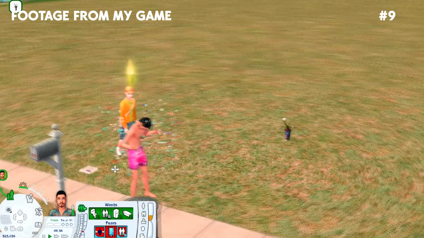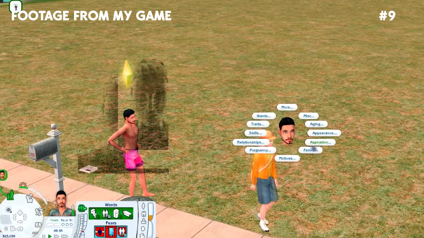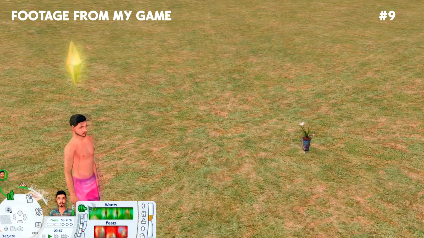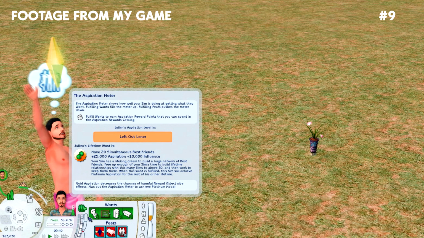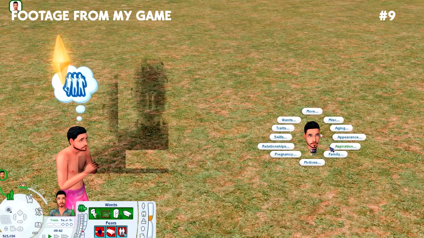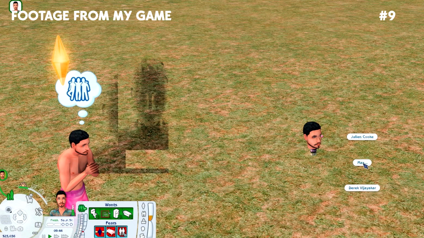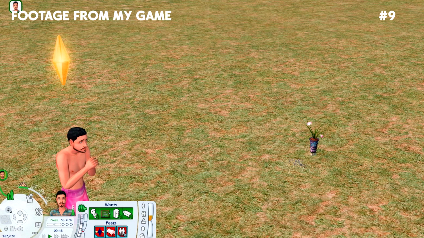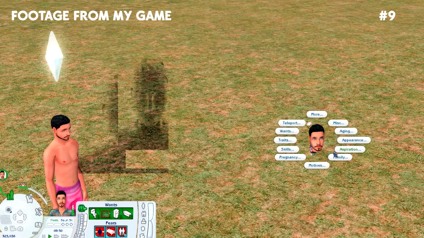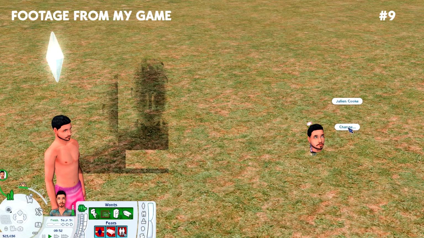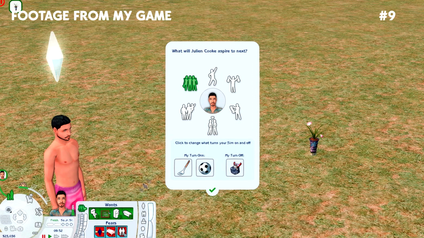Oh, now he has some pink shorts on. And as for his aspiration, he's currently a left out loner, and he wants to have 20 simultaneous friends. So let's just max all residents, and this brings his aspiration level to plat. Now, if we want to change his aspiration, we can just simply go over here and select something new